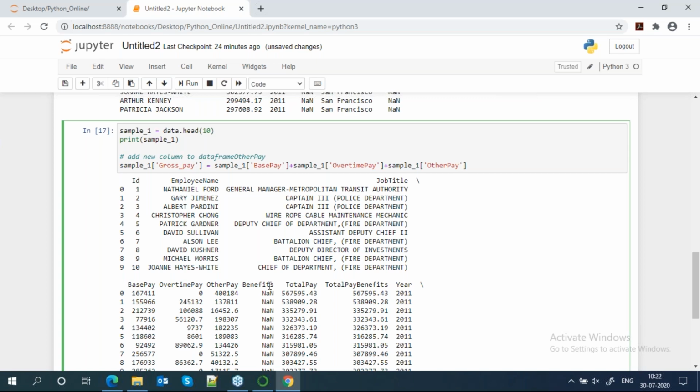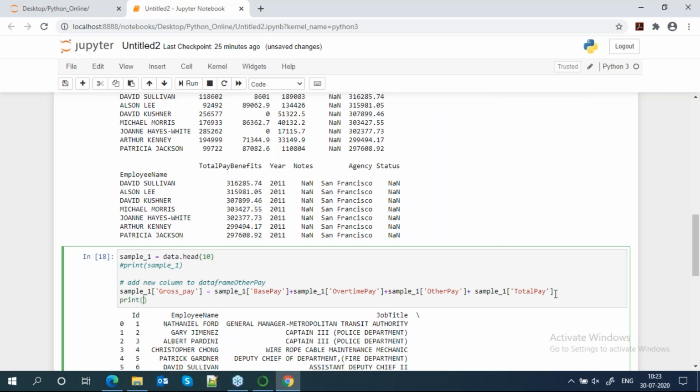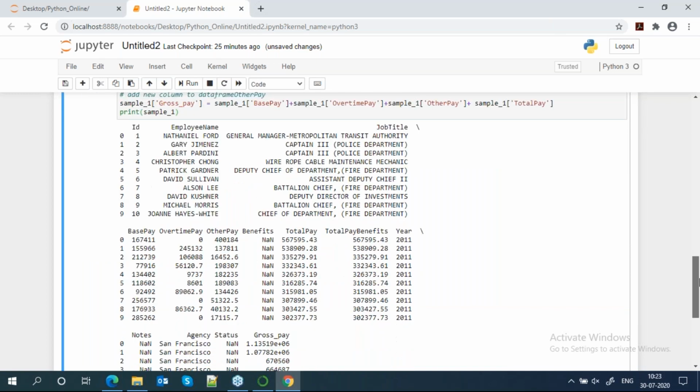Then total pay. So now you can see, I will print sample.